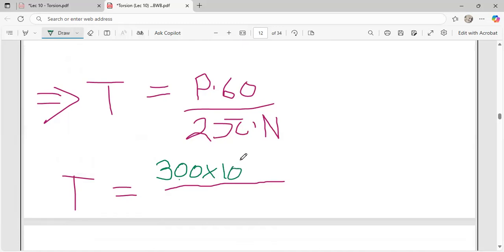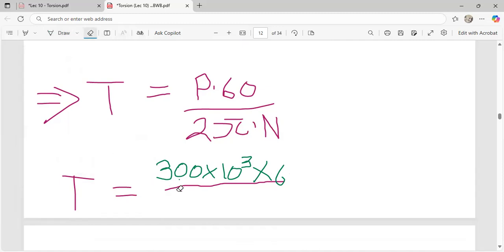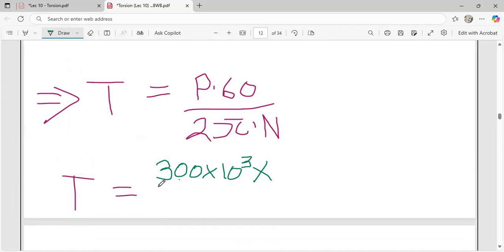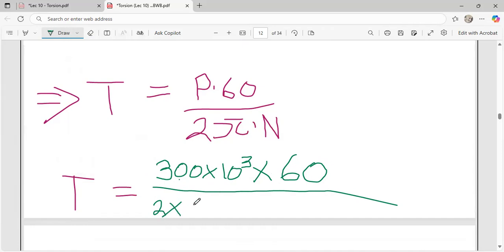The 10 exponent 3 is the kilo. Times 60, all over 2 times 3.142,